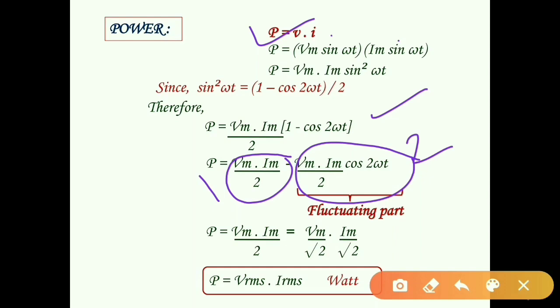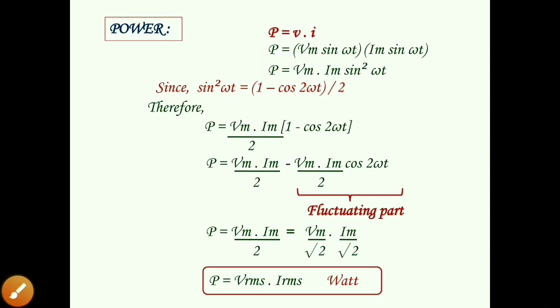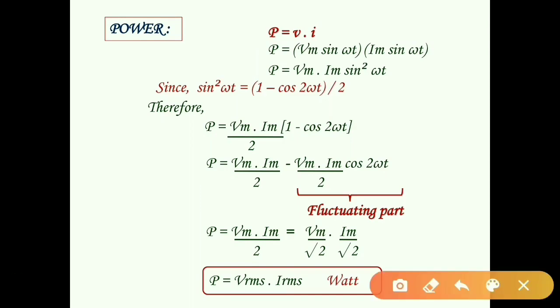So P equal to Vm Im by 2, we are taking this because the value of the angle in cos 2 omega t is 0, as we are considering the case of a purely resistive circuit where the angle between V and I is phi equal to 0. So the value of the angle is 0, cos 0